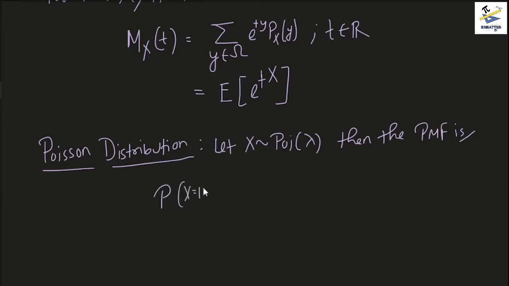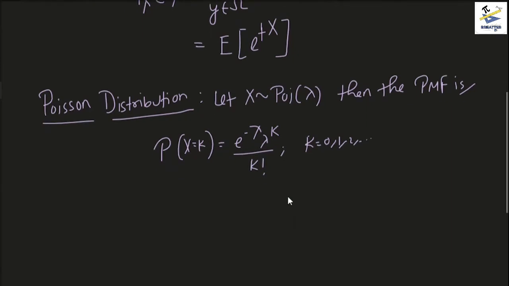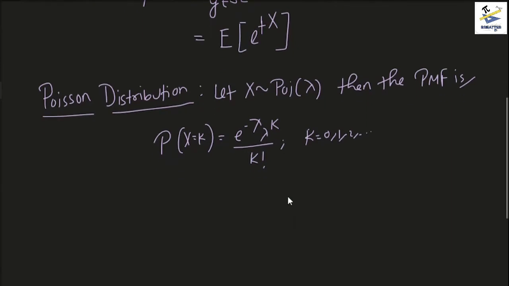Probability of x equals k is e to the power minus lambda, lambda to the power k divided by k factorial, for k equals 0, 1, 2, and so on. So this is the Poisson distribution. Now since this is a Poisson distribution and we are interested in finding the